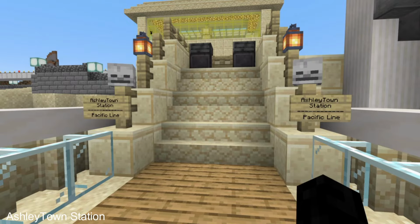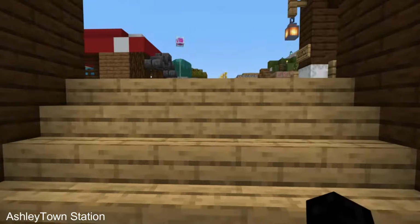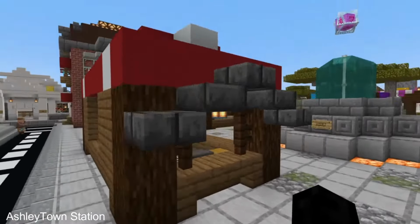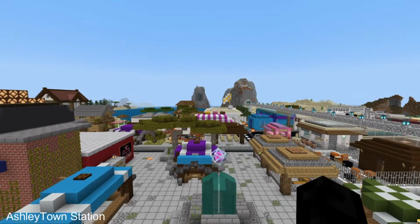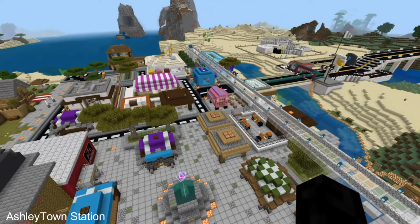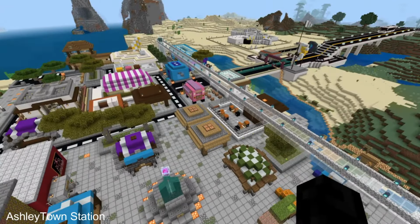Not quite sure why you have skeleton skulls, but as we continue down, we are now in the town. So to access the station it's quite accessible, but I like this town, to say the least. I think this town is a very peaceful place, a good summer vacation spot. It's not like in the middle of nowhere, but it's still quiet enough that you can enjoy a peaceful